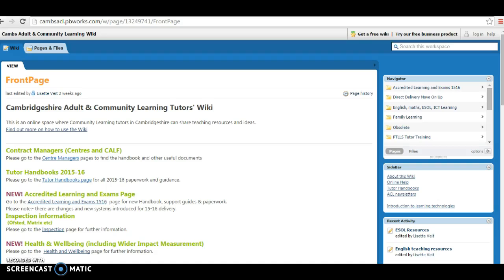I'm going to tell you how to use the handbook, the exams handbook, which you'll find on the wiki. This is the front page of the wiki, and you'll find a link to the exams handbook over here on the front page where it says accredited learning and exams page, and also over here where it says accredited learning and exams 15-16. Just go through this link here